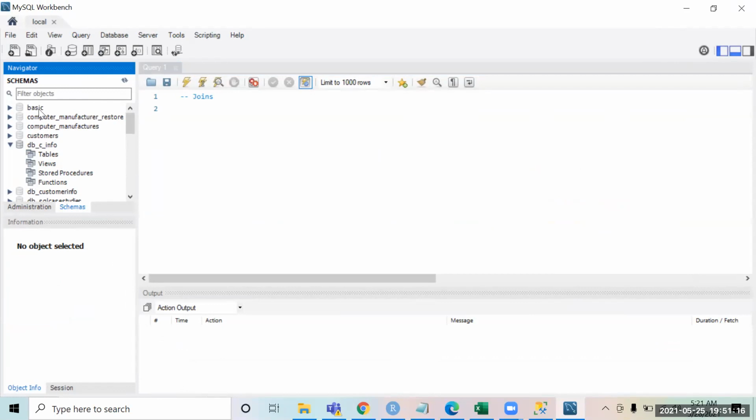And in the SQL Server, if you see over there, these are the schemas that I have. These are just the databases that I am having in the SQL Server, right? The exercise that I gave you, the computer manufacturers one, has two tables inside that. So we have two tables over here, and over here we are calling that database a schema.